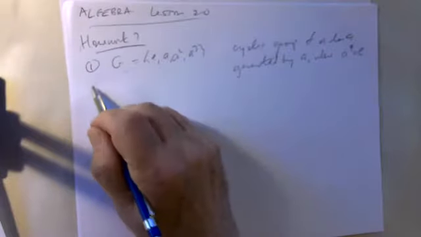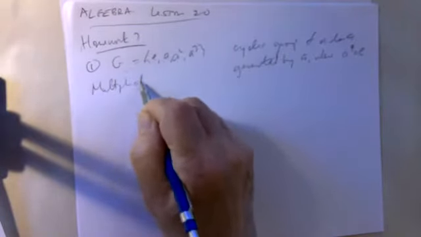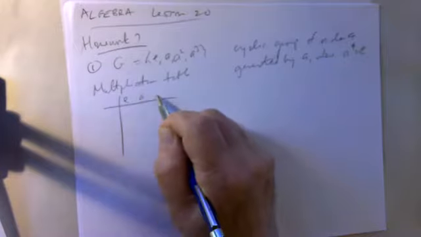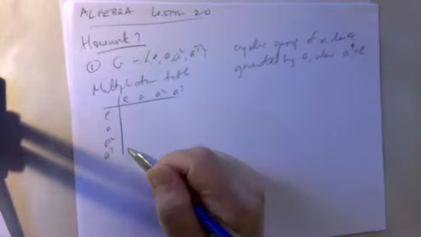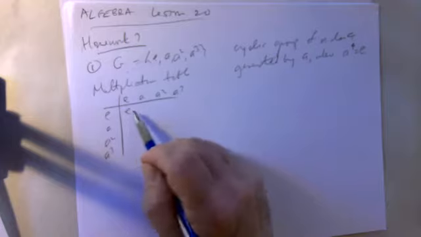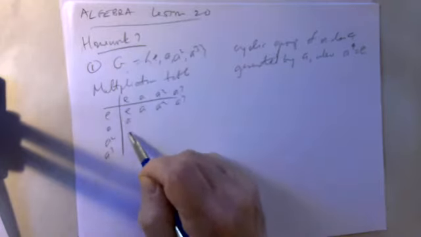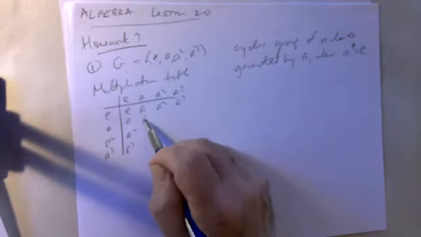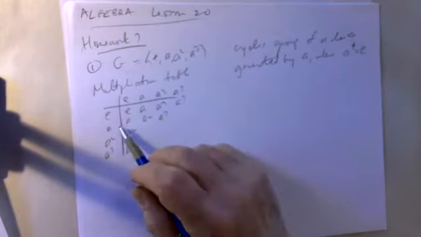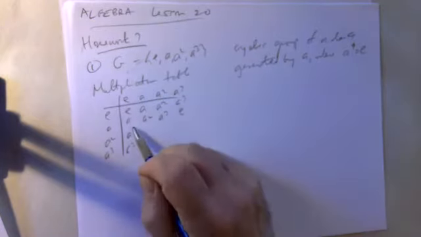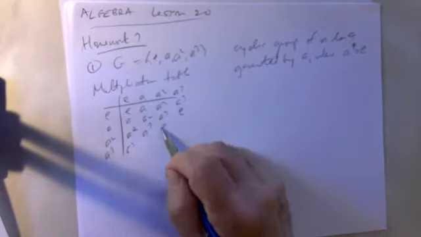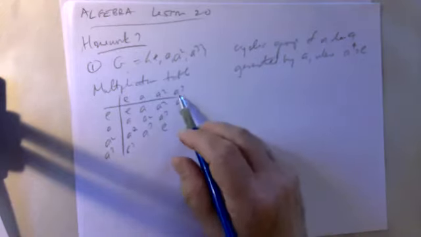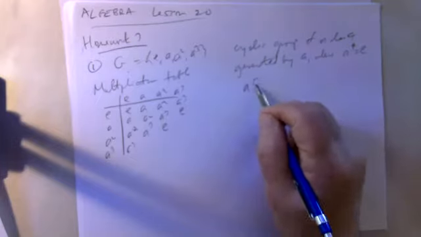In fact, if you wanted to look at the multiplication table for the group, this is E, A, A squared and A cubed, by E, A, A squared and A cubed. Multiplying anything by the identity gives you the same thing. A times A is A squared, A times A squared is A cubed, A times A cubed is A to the 4th, which is the identity. A squared times A is A cubed, A squared times A squared is A to the 4th, which is the identity, and A squared times A cubed is A to the 5th,